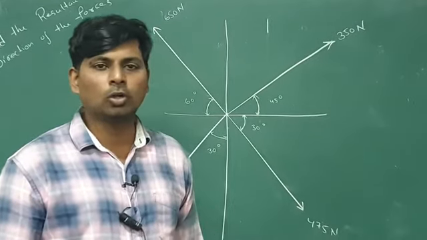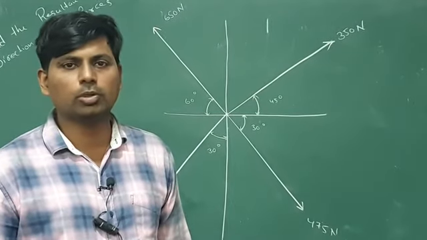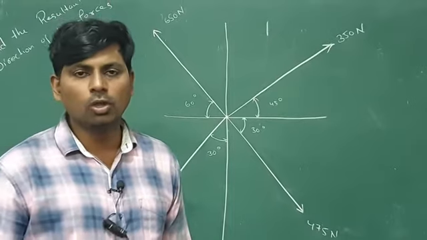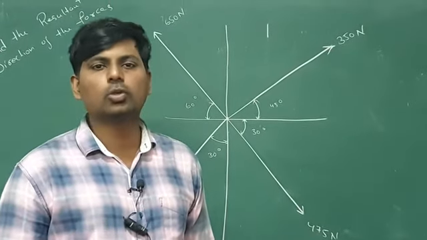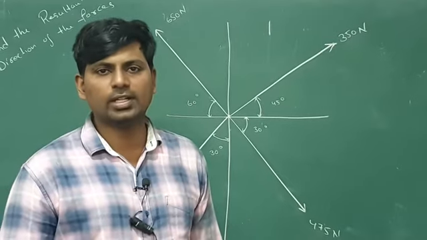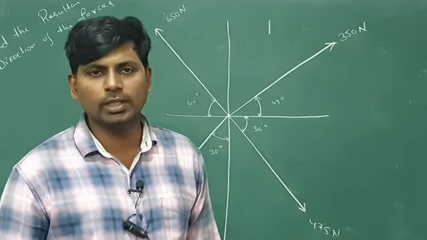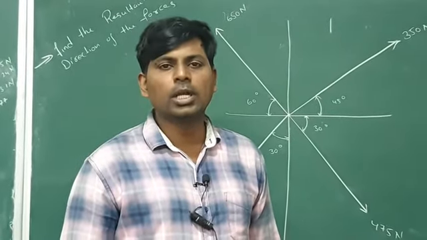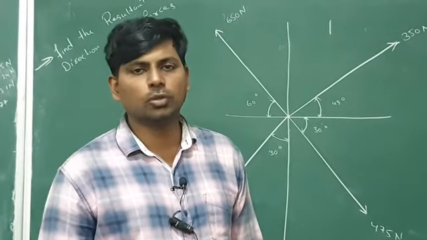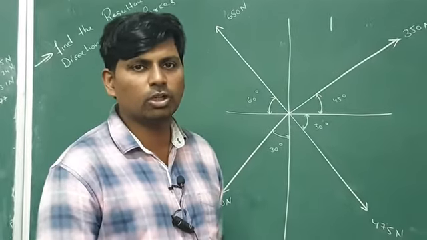Today we will discuss how to find the magnitude and direction based upon the different types of forces given. We already discussed this in the previous session. Whenever two forces are given, you have to use the resultant and magnitude formulas. If three forces are given, you have to use Lami's theorem. If more than three forces are given, you have to use resolution. So this is the method of resolution.